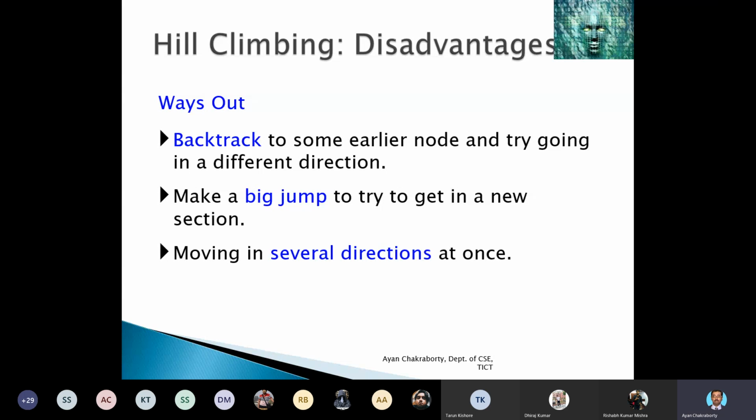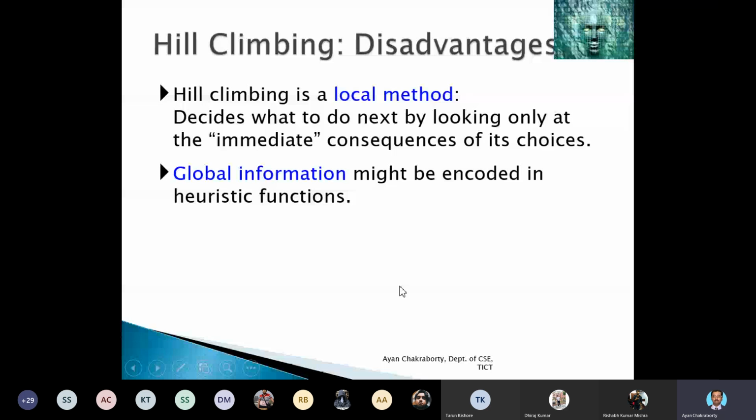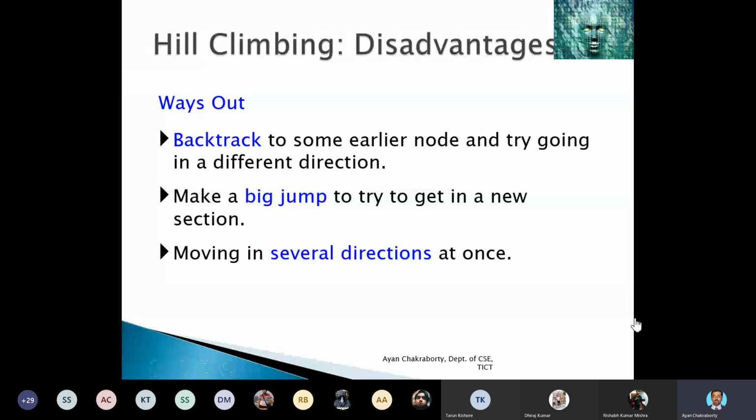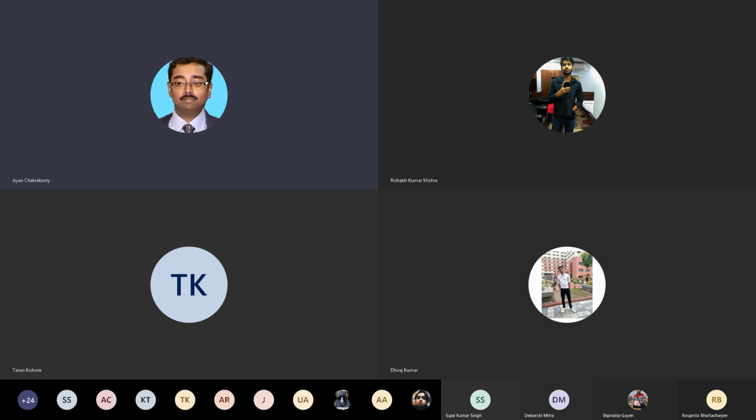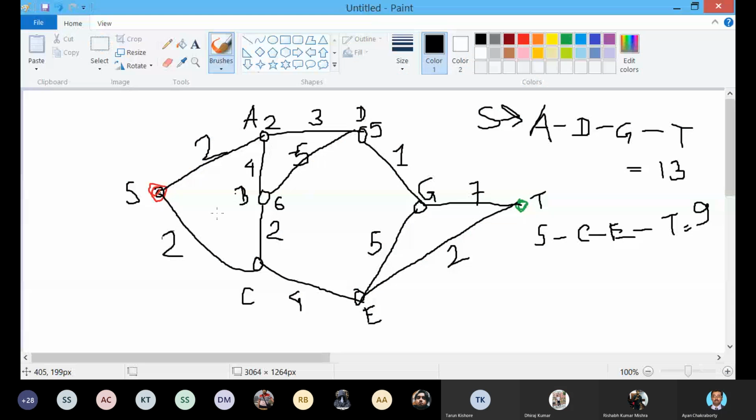In that case, we will get 2 plus 3. Again, we can consider this graph I'm showing you. Both A and C, the values of both of these children, are the same, 2.